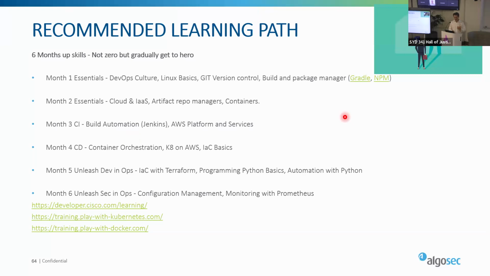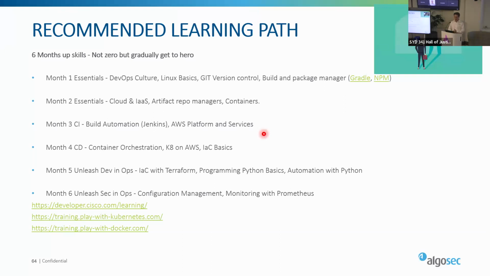Then control the CI, understand deployment, and work with infrastructure as code tools and basic programming, like Python. After month 6, you should be on top of configuration managers and monitoring tools that require more complex configuration, like Prometheus.